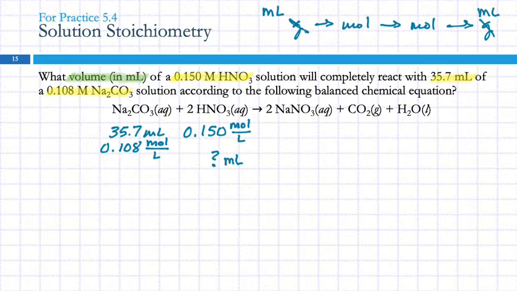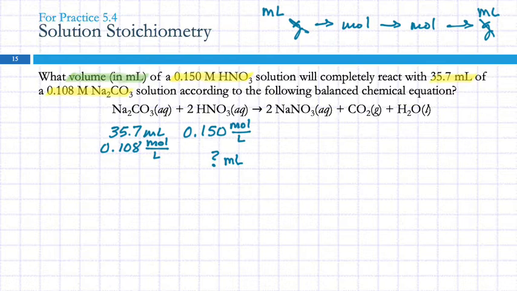It's very common to have your volumes given in milliliters because in chemistry education, we do things in small quantities. We don't measure our experiments in liters. We won't use 17 liters. That's a lot. You'd probably use 17 milliliters. So we'll see milliliters all the time, but then the molarity is moles per liter. So we have to deal with this unit conversion issue. There are a couple of different ways that you can deal with it, but I'm going to show you